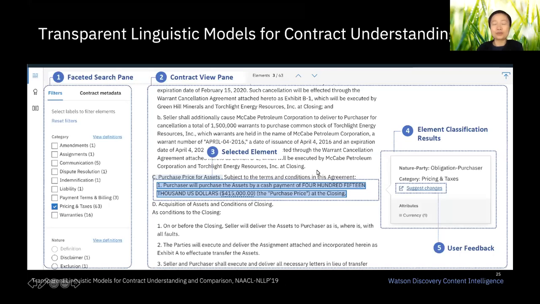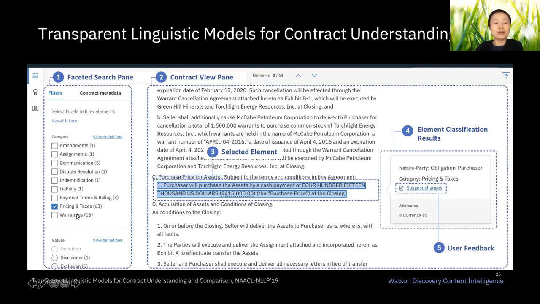Given a contract, which is often in PDF, by the way, we first do the document conversion. Then we go through the NLP pipeline where we identify the elements, which you can think of as sentences. Then for every sentence, we try to classify the category of that sentence. And the categories are predefined based on